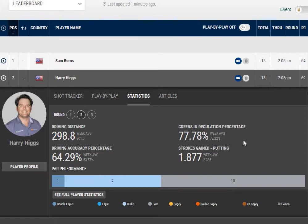His approaching was amazingly perfect during this day, and the strokes gained from putting were only 1.88. I'm saying this early because you see that of the 10 strokes which he gained against par this day, less than 2 strokes were gained from the putting. So it must be amazing approaching, and we will try to make an analysis stroke by stroke to understand